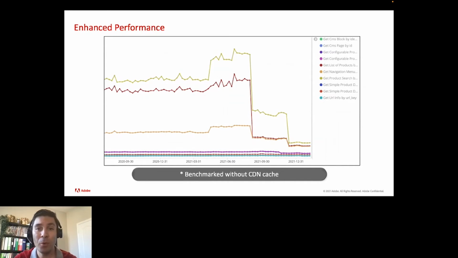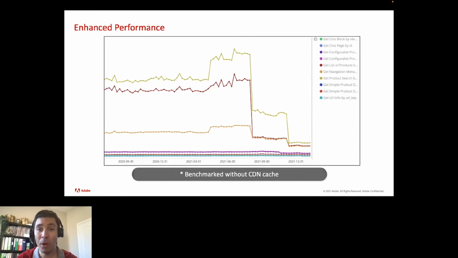The graph shown here is a snapshot of our API performance trend. We measure almost every interaction that the buyer or the admin is doing with Adobe Commerce. We have data that's tracing back years, and we're measuring this daily. As you can probably see, we have dramatically improved some measures in this space by as much as 80%.